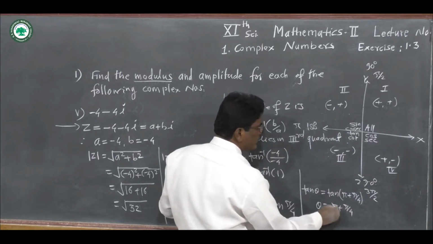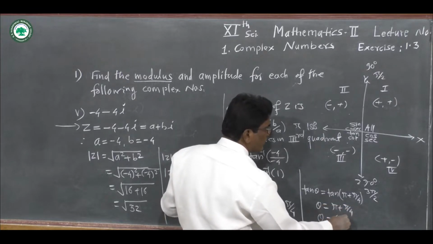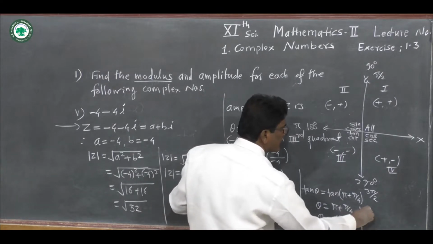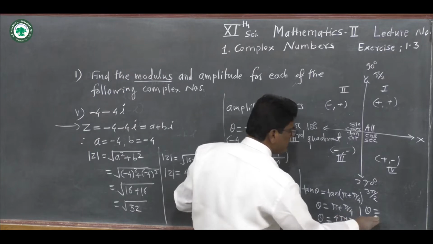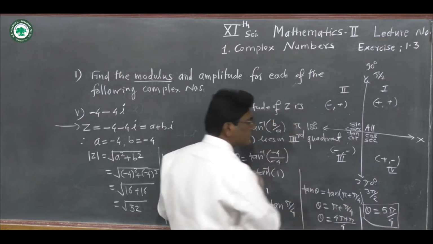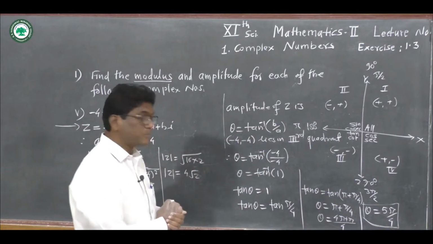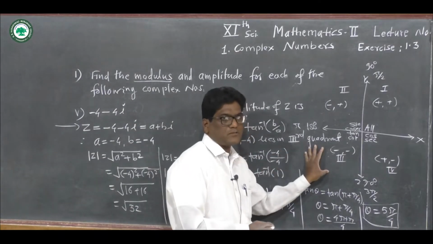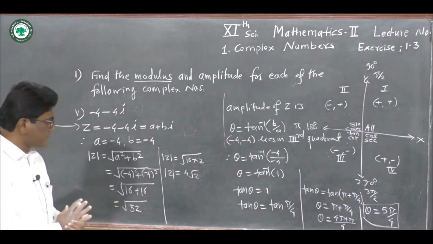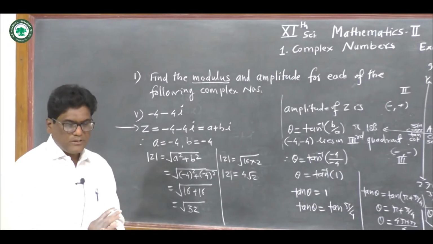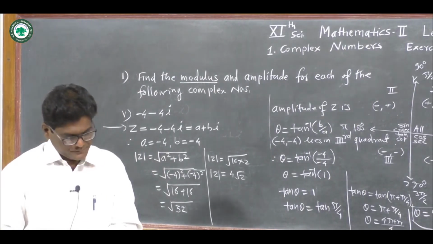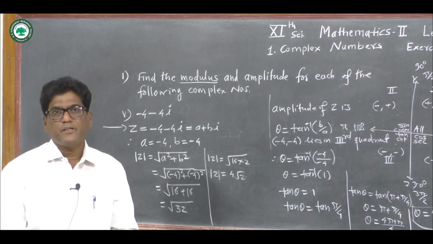So theta is equal to pi into 4, that is 4 pi, plus pi upon 4, and so we get theta is equal to 4 pi plus pi, that is 5 pi by 4. So we get theta as 5 pi by 4, which lies in the third quadrant. So this is the appropriate value of theta, and here mod z is 4 into root of 2. So in this way we have completed the fourth problem. So we stop here. Thank you.